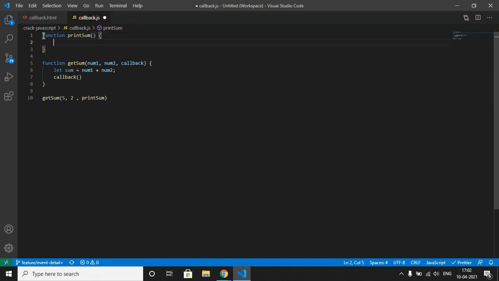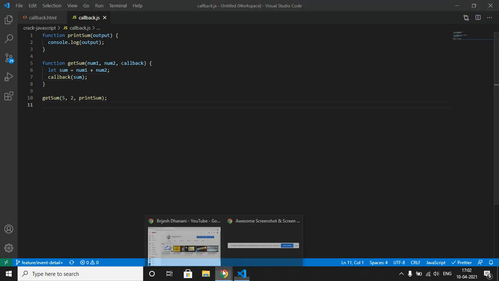What printSum will do is simply print the output which will be passed by the getSum function. Okay, so let me run this code.